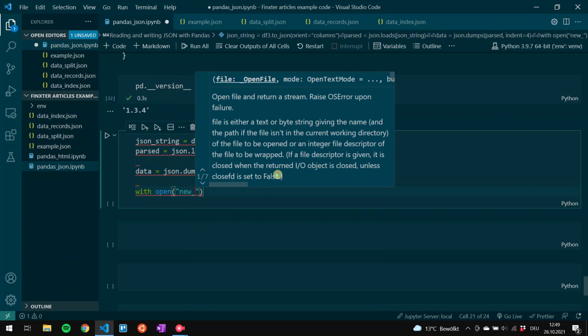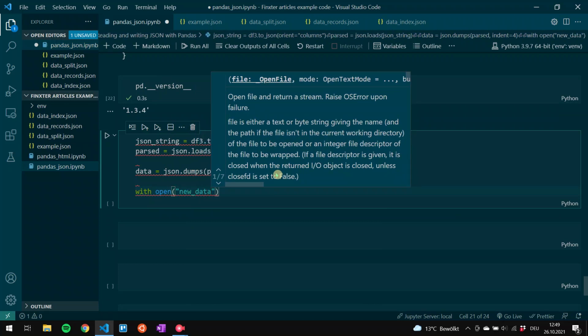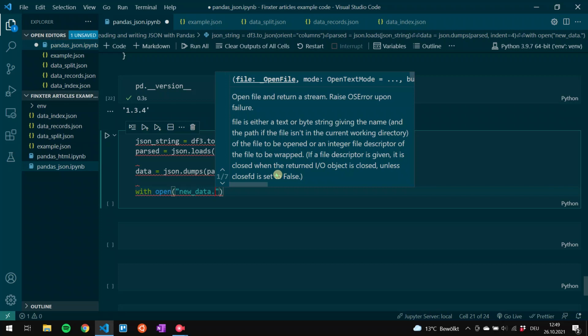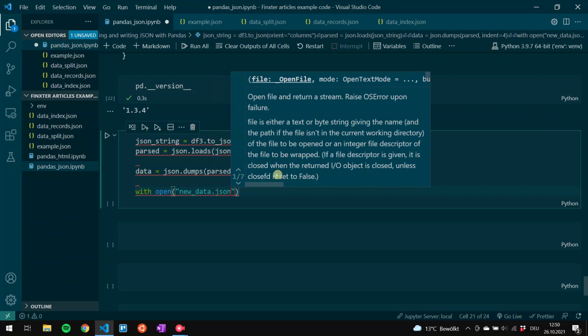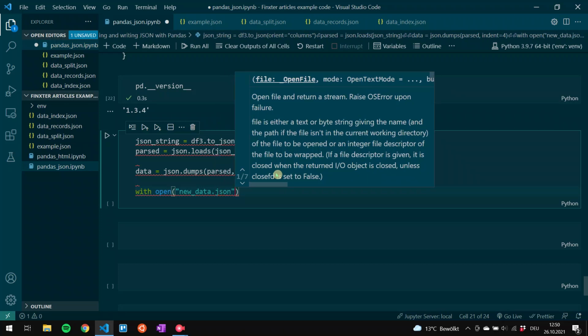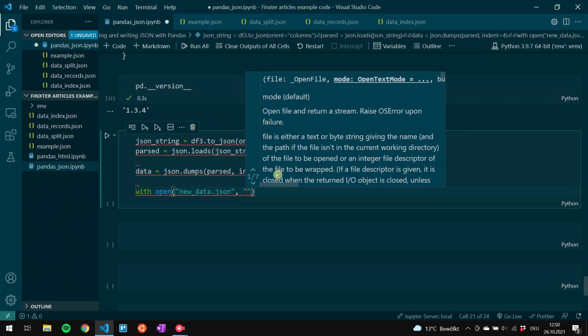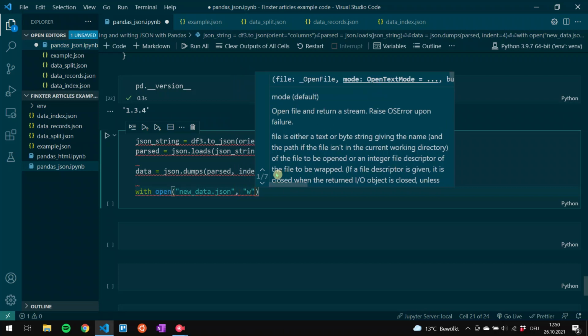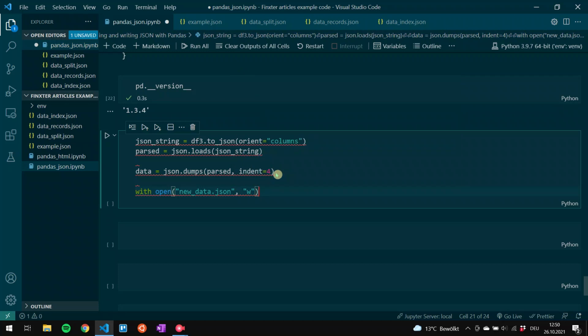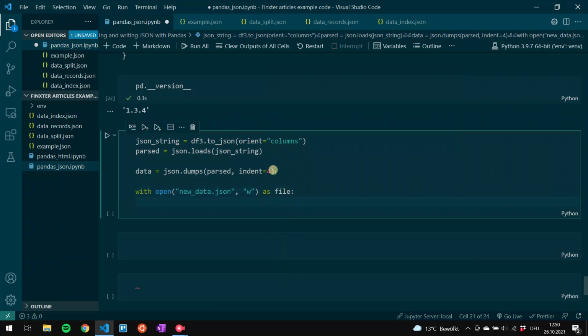And we say with open, and we call this new file new_data, and we put in the file extension .json, because that's very important to tell the program, okay, we want to create a JSON file here. And we use w, this stands for writing a new file,